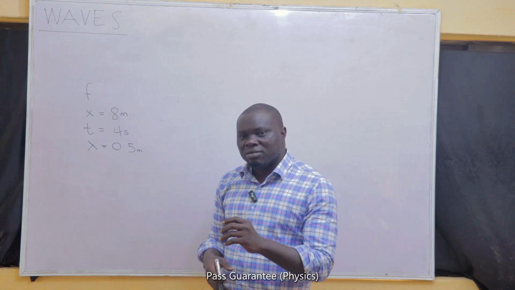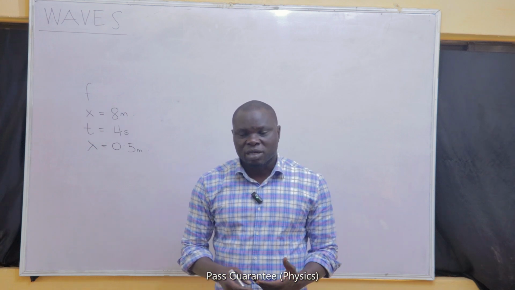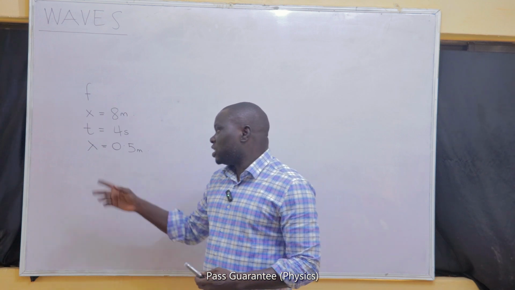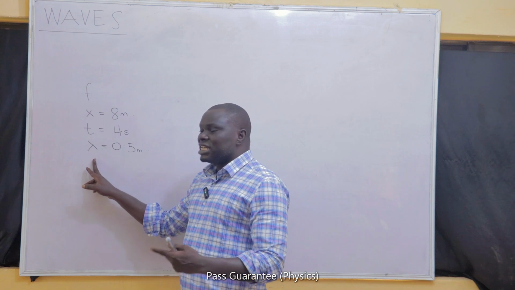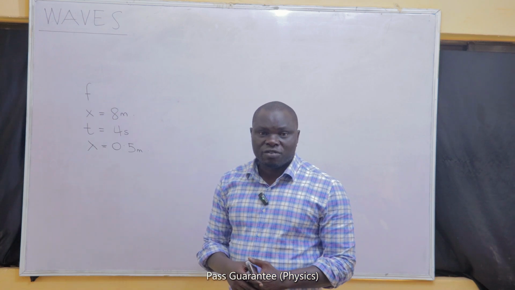And if you don't know them that way, they will give you most of these quantities and you will not know that you have actually been given them. For example, if I don't know that wavelength can also be expressed as the distance between successive crests, I'll be looking for the wavelength in that question and I will not find it.